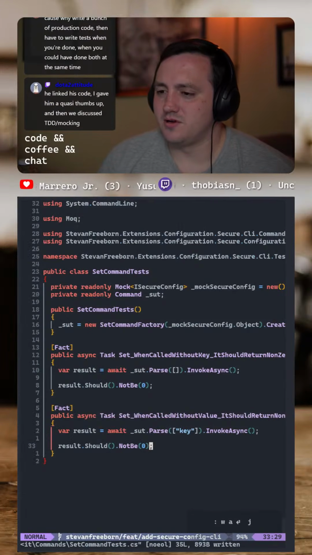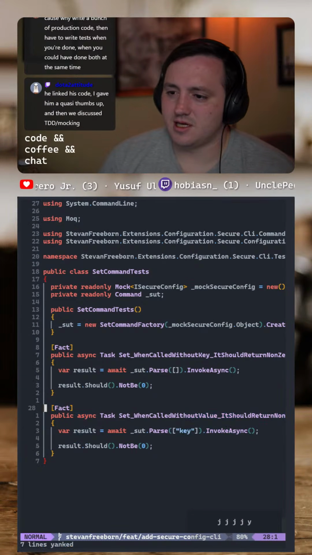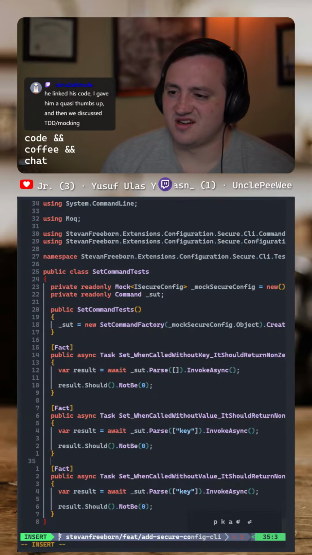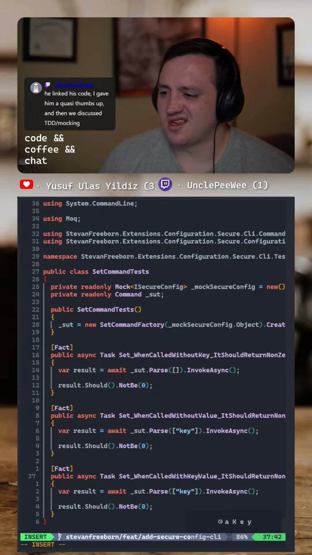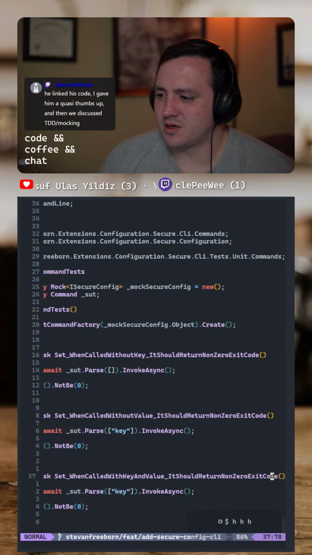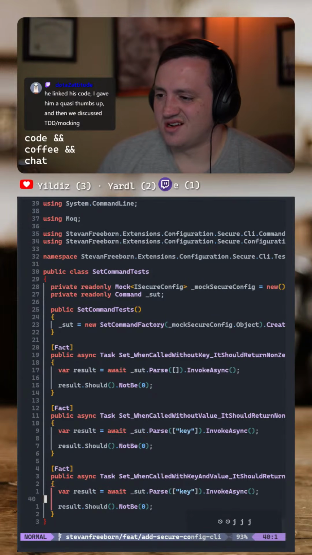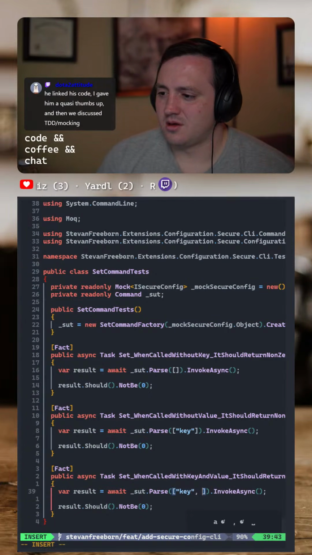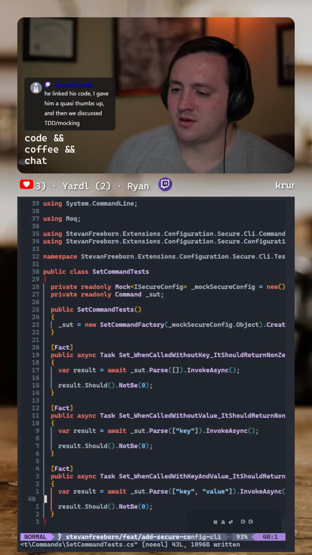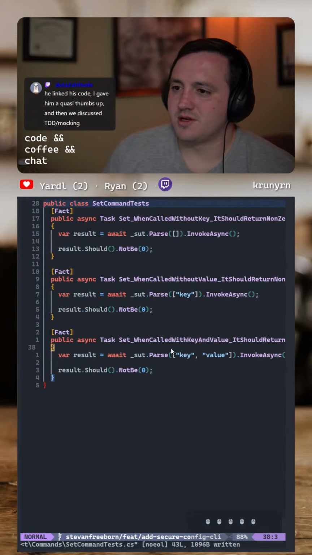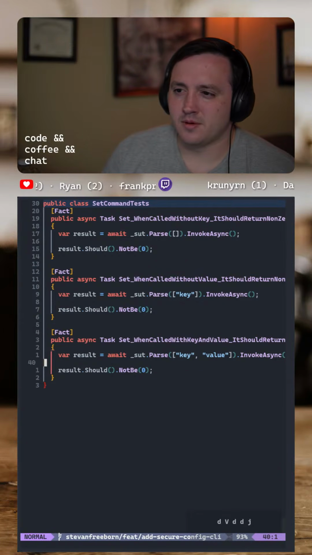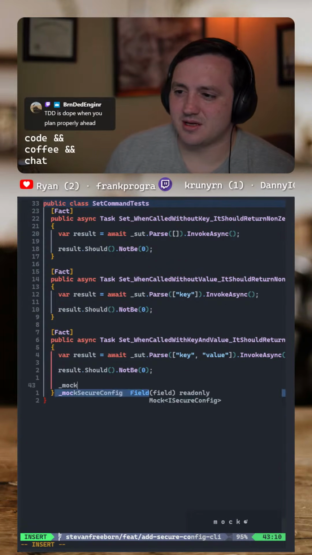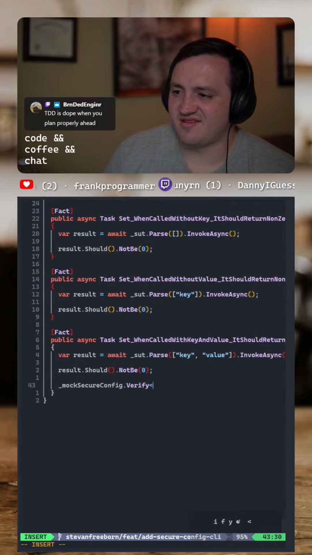And then if we do pass a particular key and value combination, when called with key and value, it should return, okay. We also need to verify that mock secure config dot verify